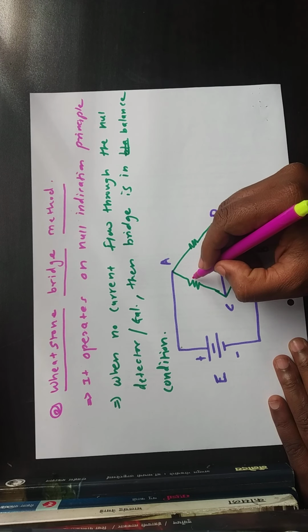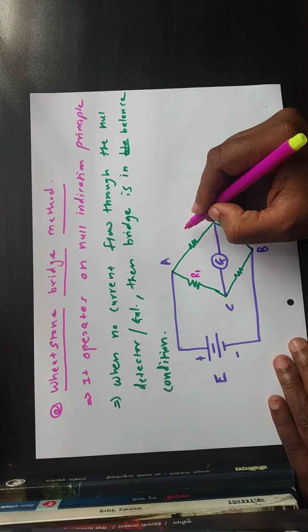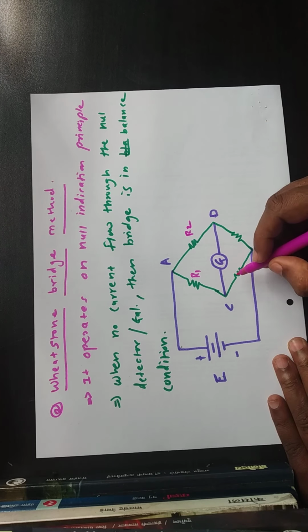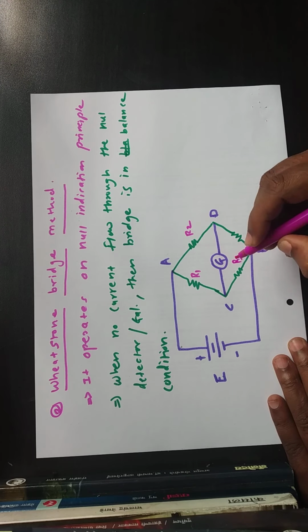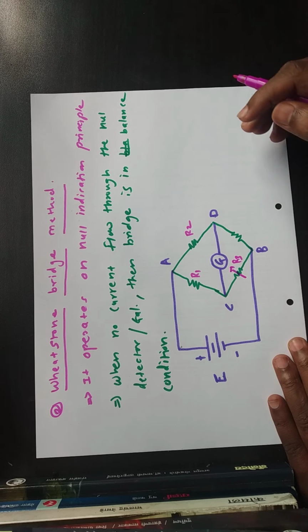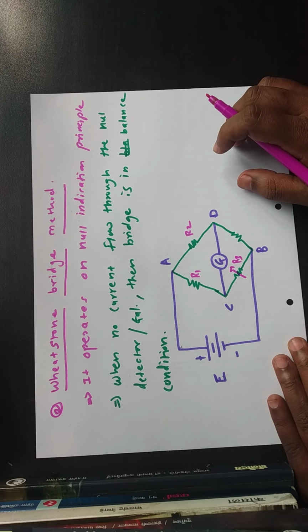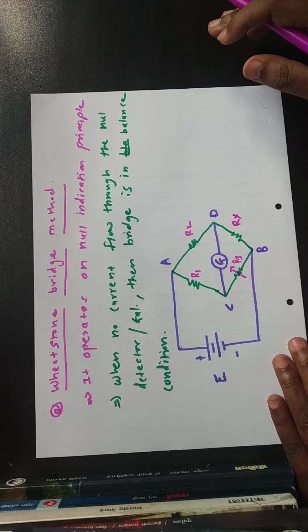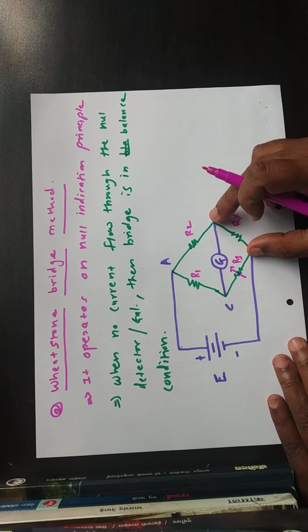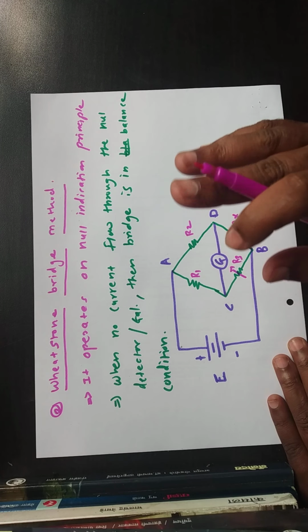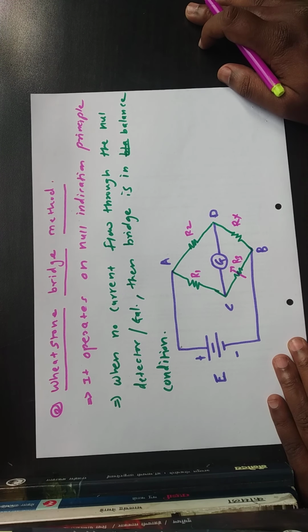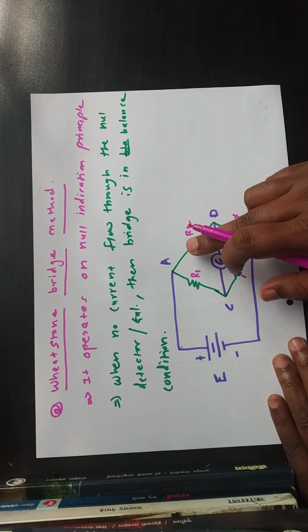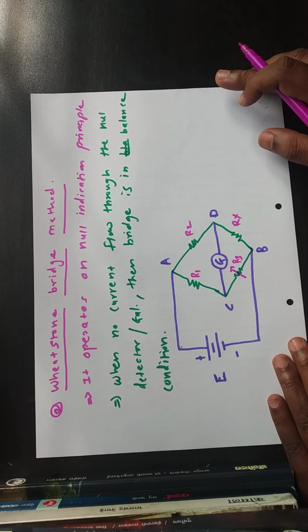This is your resistance R1, your resistance R2, and this is your resistance R3, which is the standard resistance. It is also called a standard resistance, and this is the unknown resistance Rx that you have to find out. So you can simply connect your unknown resistance here, and according to the bridge balance condition, or the formula that we are going to derive, you can find the unknown resistance Rx. So this is R1, R2, R3 and Rx.